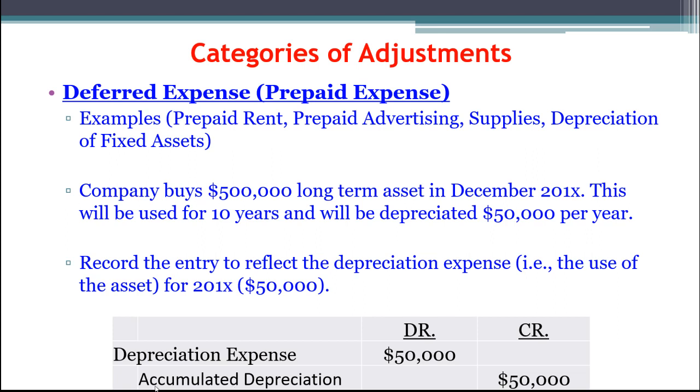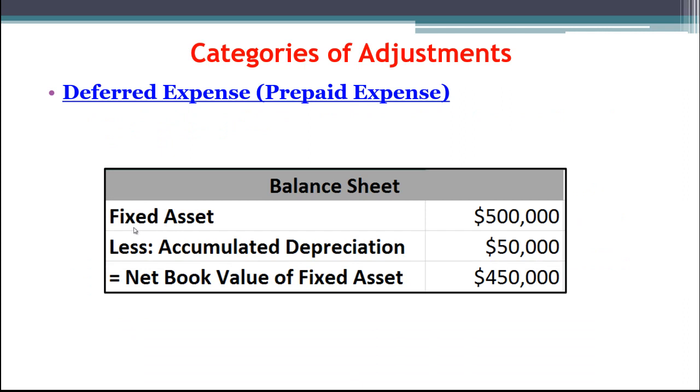Instead, we're crediting accumulated depreciation for that asset. That's known as a Contra Asset account. It offsets the value of that account, as we'll see in just a bit. Fixed asset on the balance sheet, less accumulated depreciation of $50,000, gives us the net book value of that asset,